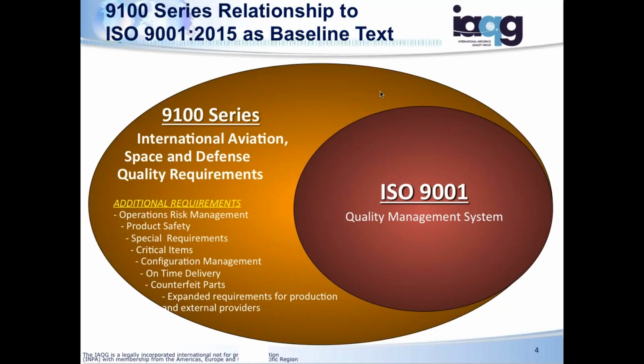So we want to make sure that the aviation, space, and defense industry is not levying a whole new set of requirements. We want to leverage what you would need for some of your customers within ISO 9001, and then we build upon that for 9100, adding additional requirements specific to our particular industry. And the thinking there is that if we can flow down similar types of requirements from an industry perspective, then that minimizes company-specific requirements that you, as a supplier, would need to comply with.